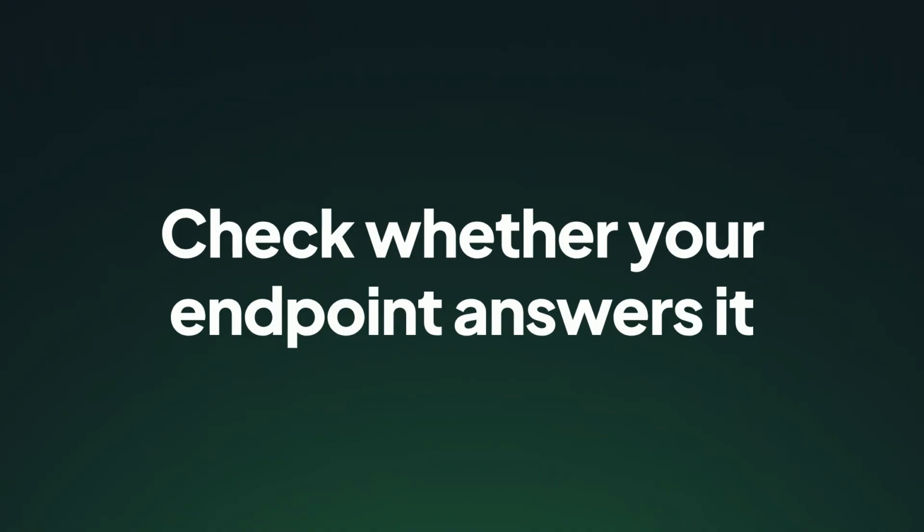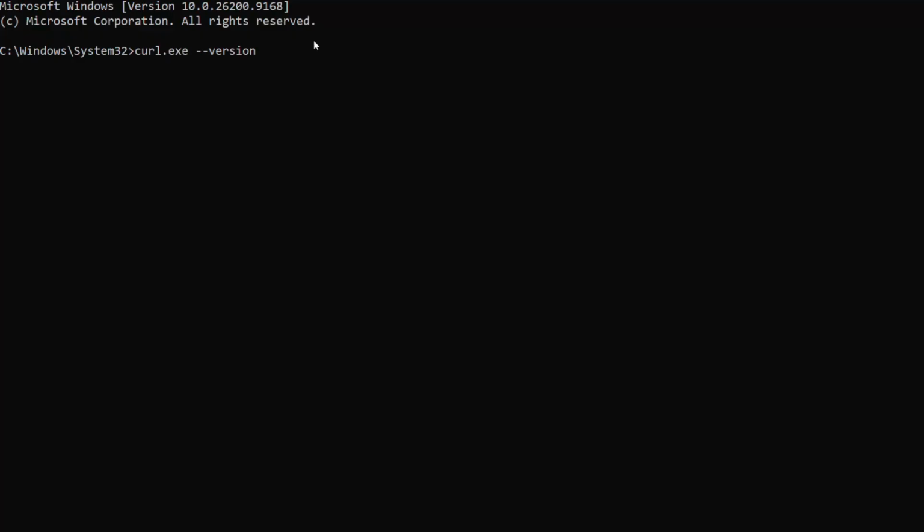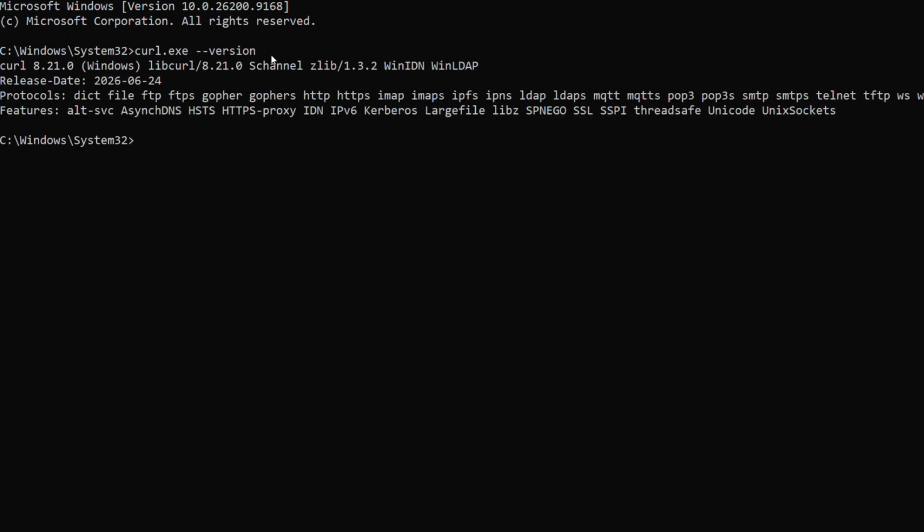Check whether your endpoint answers it. Let's practically check what we have. Before you monitor it, confirm the endpoint actually speaks it. Send an OPTIONS request and read the Allow header. Any HTTP client will do. I'm using curl in Command Prompt on Windows. Run